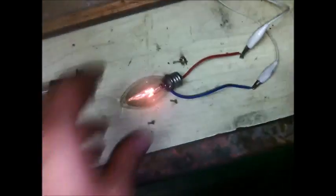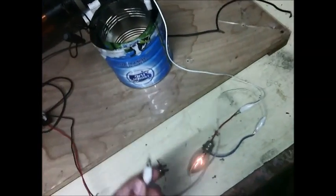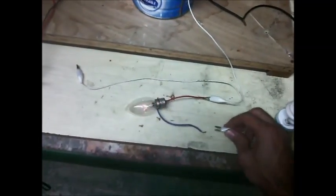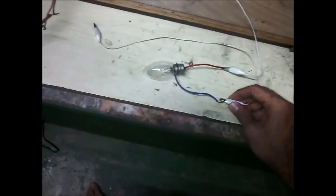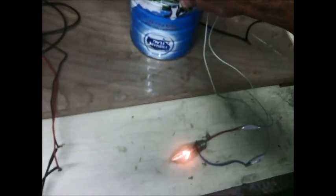Okay, turn it on. You see somewhat the bulb is barely on. It's been connected to the two potentials. As you can see, if I disconnect one, it's still using the lead as an antenna. The moment I disconnect one of them, it's dead because it doesn't react as an antenna anymore. Now it's on. Now we connect it back to the plate. You see it's a slightly bit brighter. Right now what we do is we connect